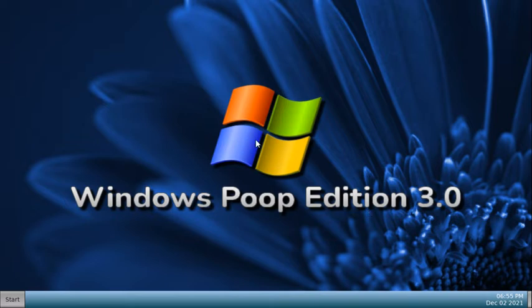As you will see from this demo here, we've had a little bit of a change in heart, because this is not an OS that doesn't work at all. It is an OS that technically kinda sorta works, but it also doesn't really work. But it actually works a lot, and I mean way better than anything you would expect. So if you're expecting Windows Poop Edition 3.0 to be crappy, your expectations are going to be kind of subverted,